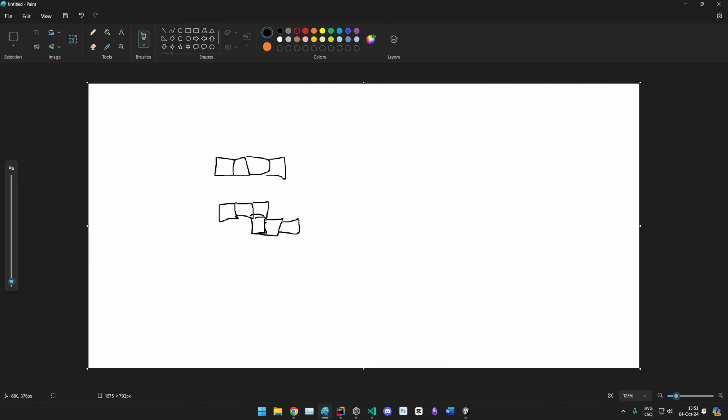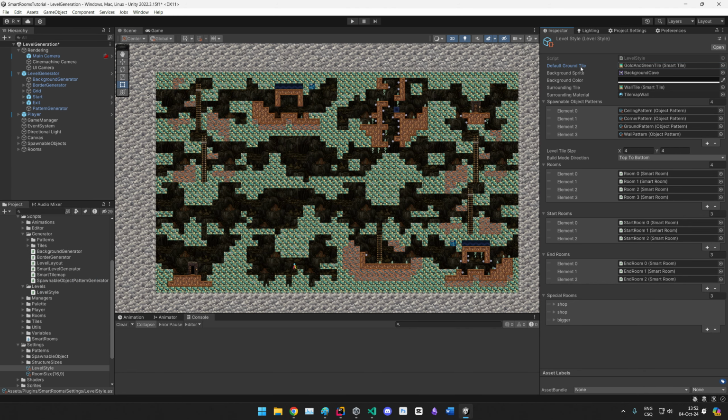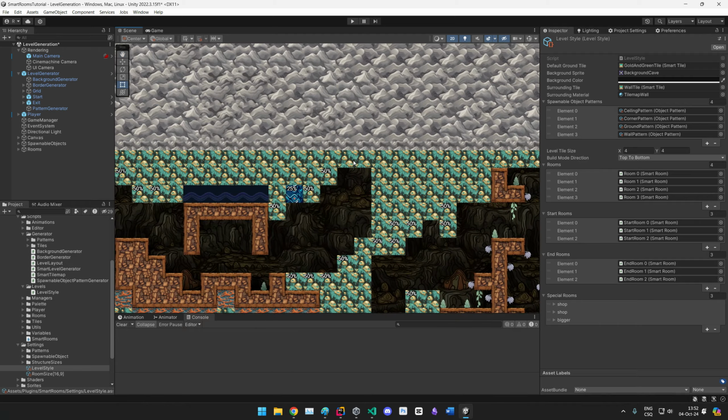But the thing is, if you have a room, you will most likely have holes on the side and on the top, on the bottom, on the left and right. On the left and right, it doesn't really matter. I think it looks okay if you have a wall here and a wall here. But if you really get the wall on top, this is the edge of the level, then it looks a little bit silly. So that's why we have defined this default ground tile, and they get placed